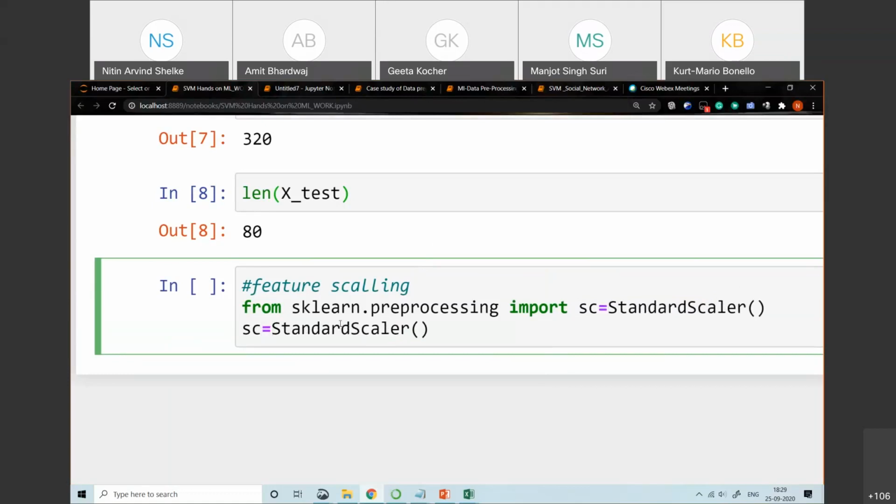Now next we create the object of this StandardScaler class. So sc is the object of the StandardScaler class.